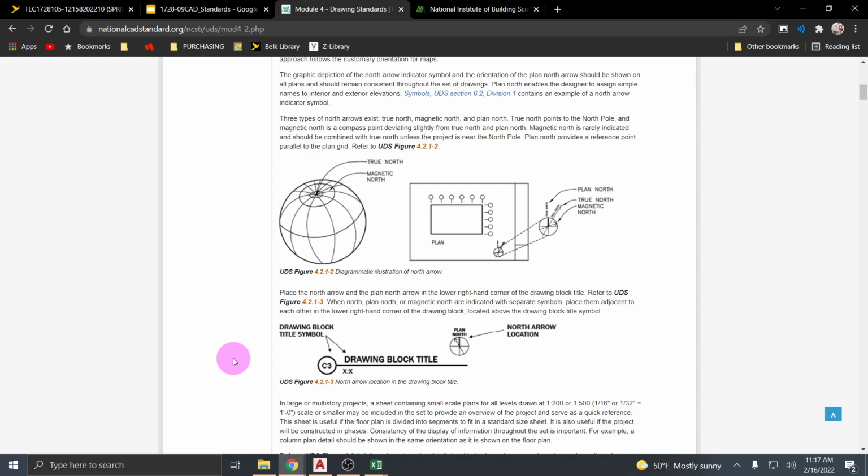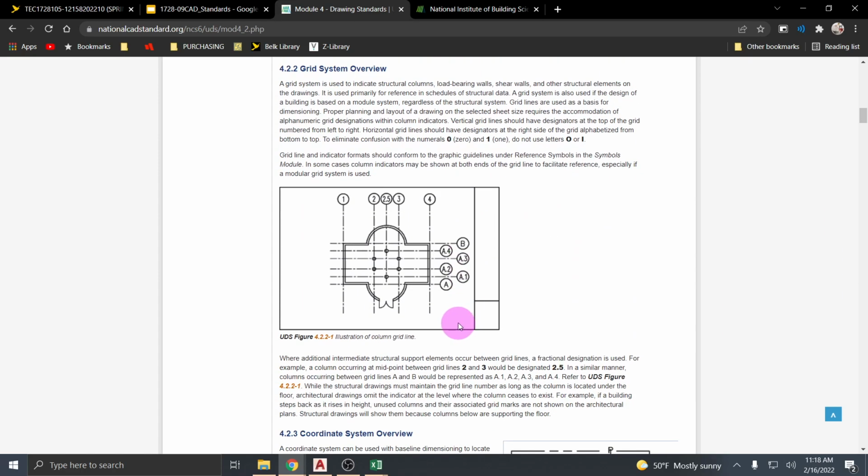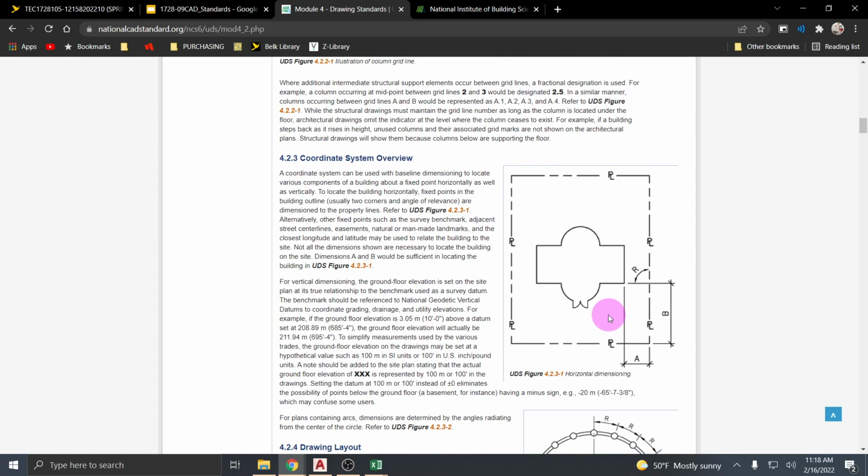How that should be laid out for each drawing should have a number designator and a drawing title and then a scale identifier. And if it's a plan style drawing, there should be a north arrow and where it should be located in reference to that. If you were to grid out your drawing, so if it's a very large floor plan, we might use a grid to then help identify smaller areas a bit easier. And so using numbers versus letters and how that can then be laid out on a specific grid for your coordinates,